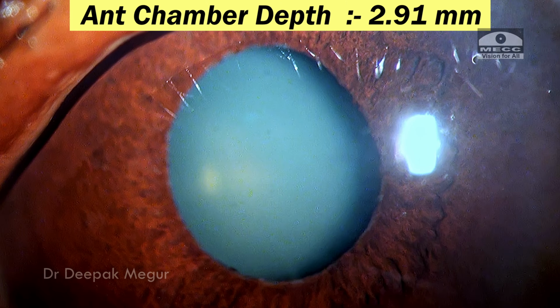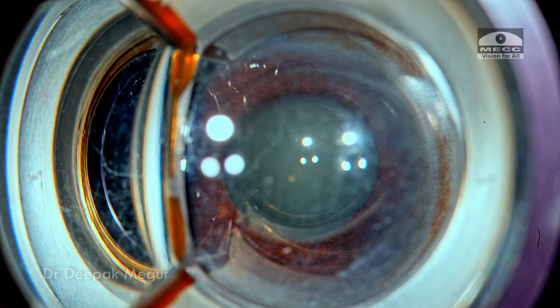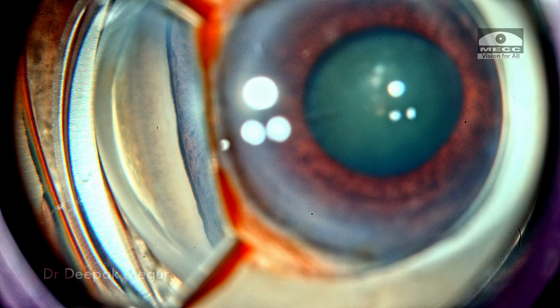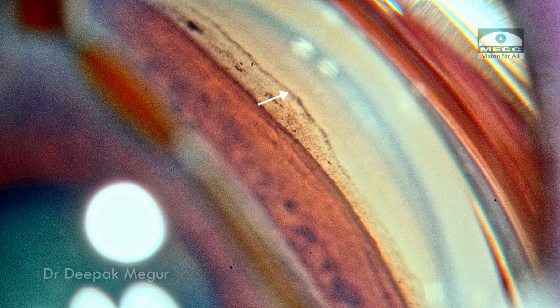The anterior chamber is relatively shallow. So I'm using an indirect surgical gonio lens to demonstrate the angle status here. You can see that none of the angle structures are seen in this quadrant. Same here. And in this quadrant, we are seeing this wavy pigmented line, which is much more anterior than the